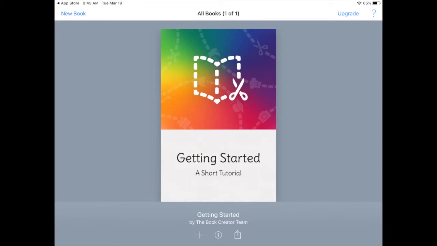To get started, when you open the app, it'll take you to the Get Started tutorial. I recommend going through that just to make sure that you understand how to use the app. From there, click the plus sign in the bottom center to begin creating your new book. So choose New Book,